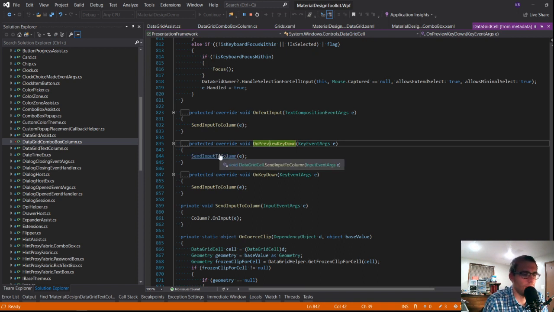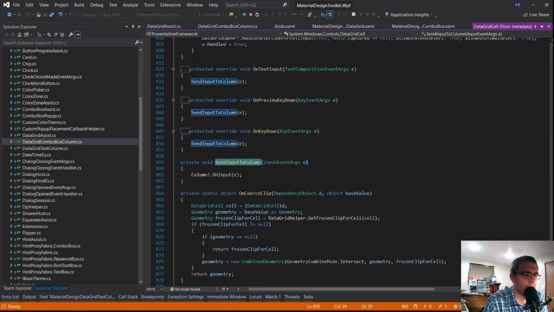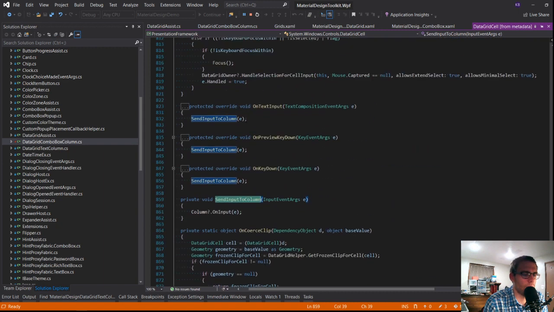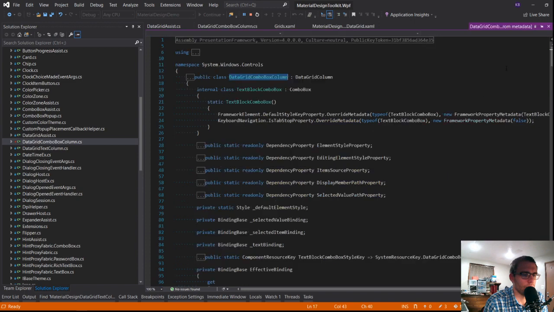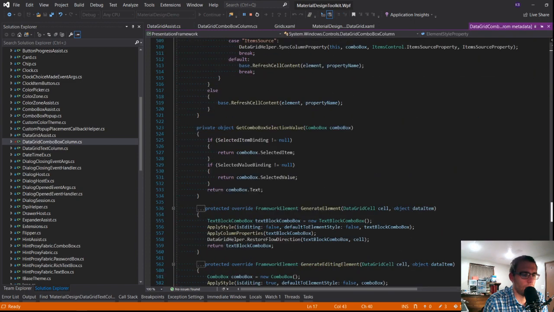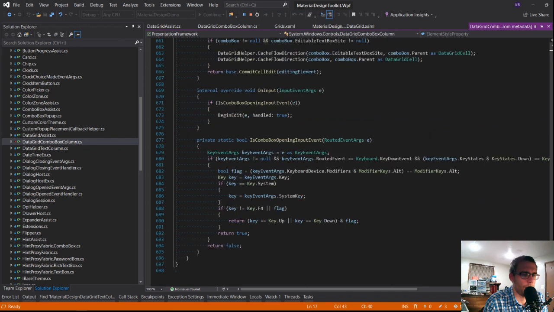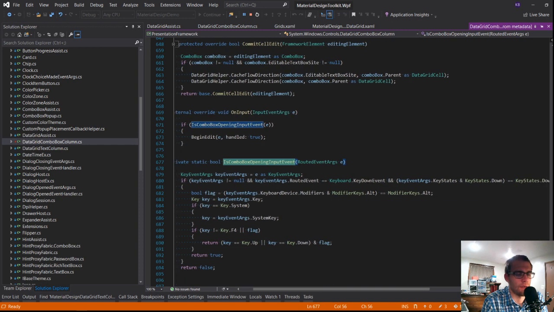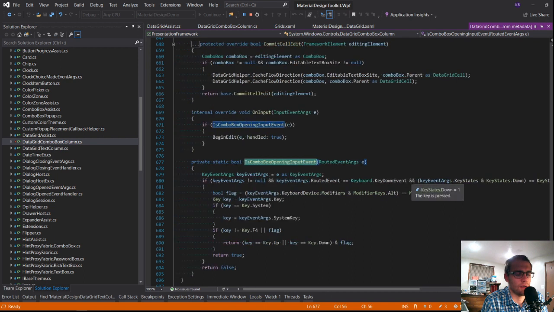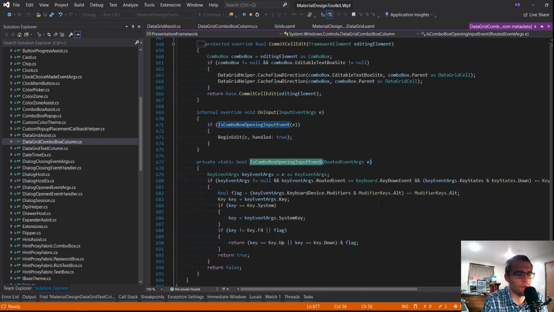On preview key down. And then, so you override that, you send input to column, you do column on edit, which I believe is what we were just looking at. I believe that looks remarkably familiar. So that comes up in here, is Combobox opening input event. Key down, key states, key state is down, so it only wants down presses.